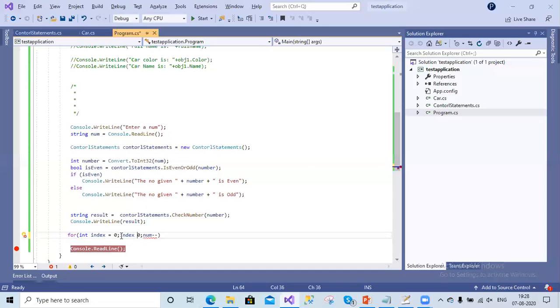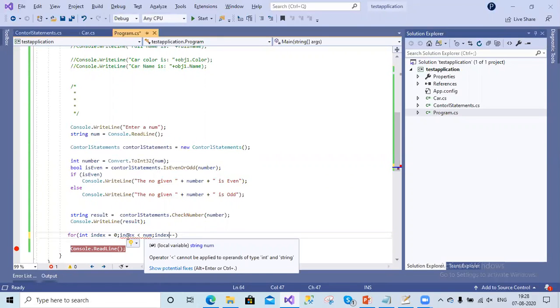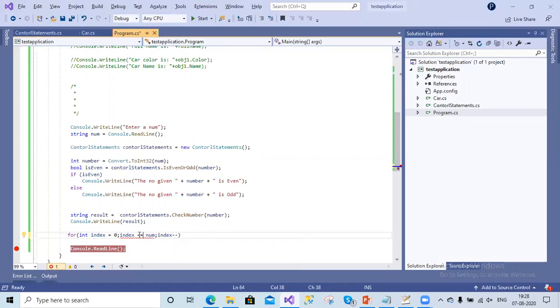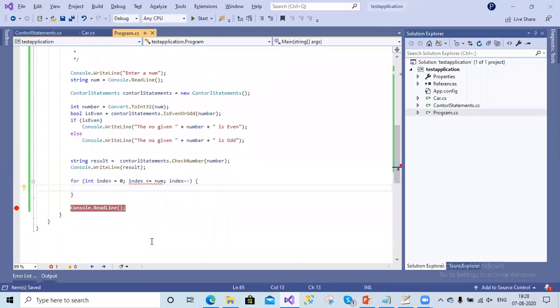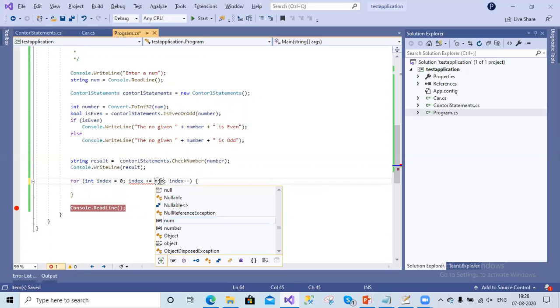If index is less than our number, let us increase this index. Okay, cool. So I have given the wrong variable here. It is number.